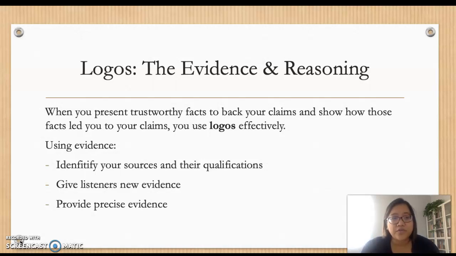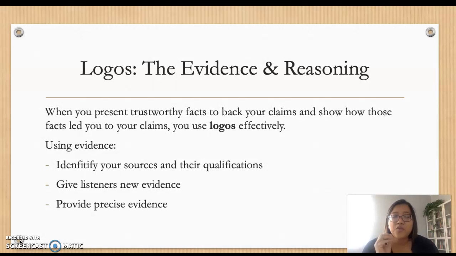And then the next one that I want you to do is to make sure that you give listeners new evidence. This is something that is very similar to informative speech, in a way that informative speech always wants you to present something new, so that students, or in this case, so that your audience are going to be interested in the topic that you're presenting. And this is the same for your persuasive speech as well. You don't want to present evidence that is pretty stale, that, for instance, everybody already knows about. So you want to present evidence that is exciting, that is new, that's going to help make your audience want to listen to you and say, oh, I did not know about that before.